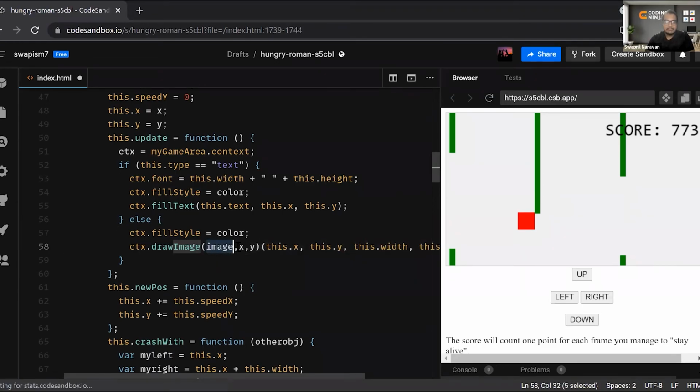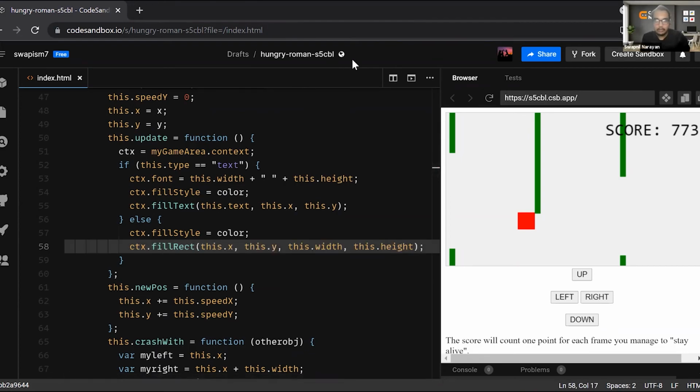Okay, and then the image and x and y. Over here, what we did is x, y, width, height. So you can add the image like this. Whatever image you want to add, let's say dinosaur or bird, you can add the image over here. I don't want to spoon feed. I just want you guys to know how it is actually working. These minor tweaks, you can do by yourself also.